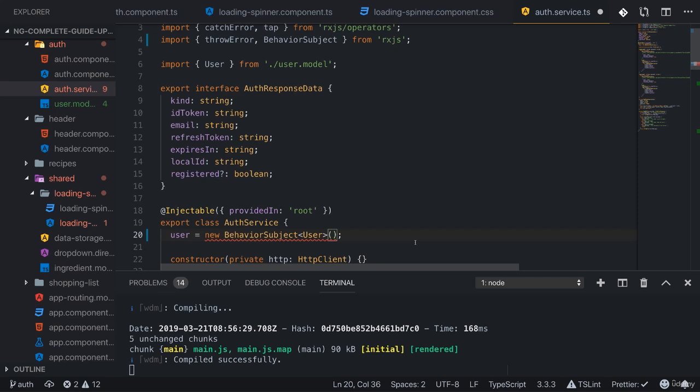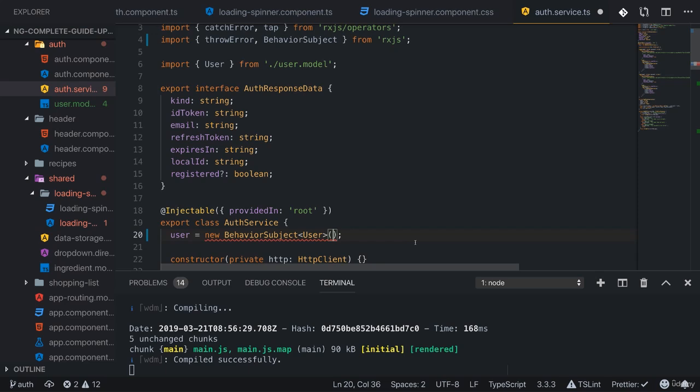The difference is that behavior subject also gives subscribers immediate access to the previously emitted value, even if they haven't subscribed at the point of time that value was emitted. That means we can get access to the currently active user, even if we only subscribe after that user has been emitted. So this means when we fetch data and we need that token at this point of time, even if the user logged in before that point of time, which will have been the case,